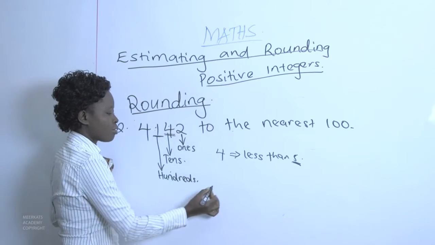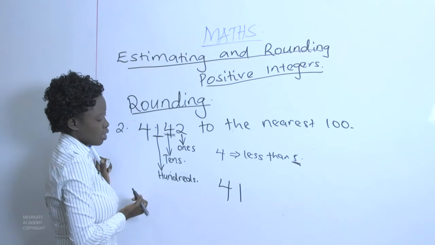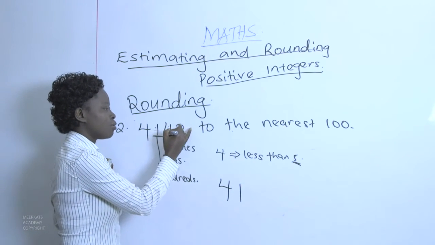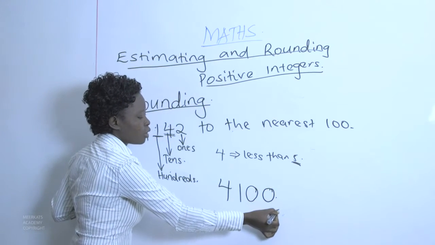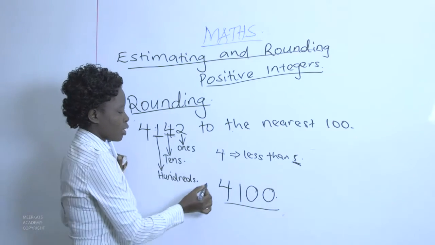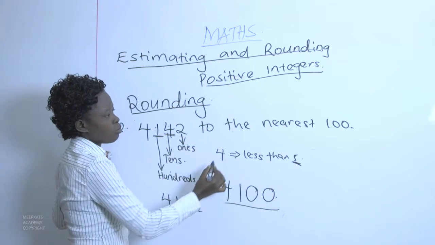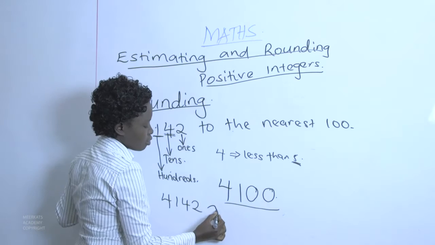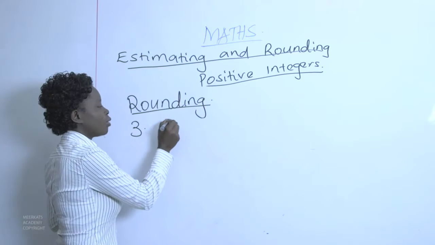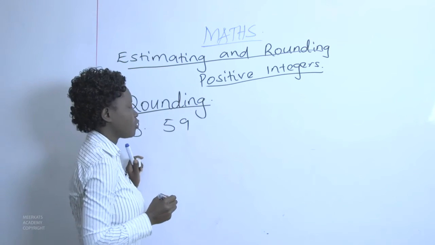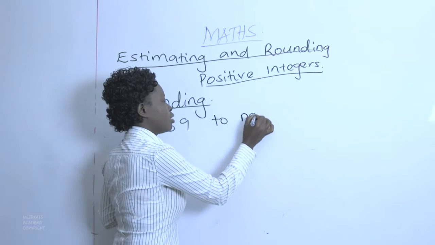So what will happen is we will still have the first digit, which is 4, then our digit in the hundreds place value, which is 1, but the remaining digits are rounded down, so that the 4 and 2 are rounded to 0. So when 4,142 is rounded off to the nearest 100, it is approximately 4,100. Another example, we could have a number like 59, and you're told to round it to the nearest